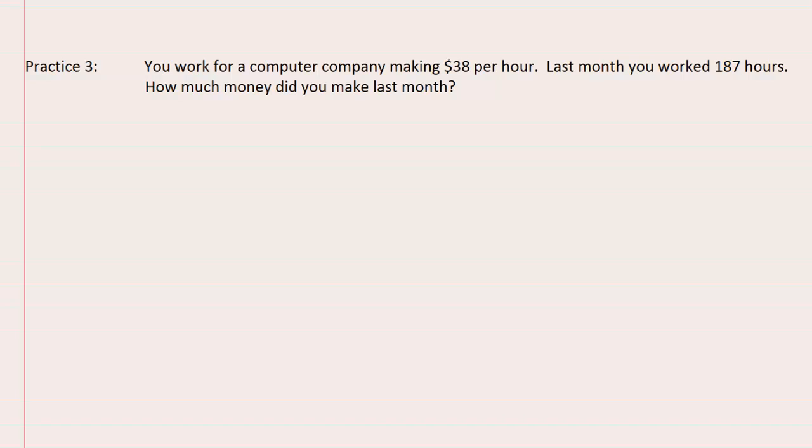Okay, let's see how we did. This one says you work for a computer company making $38 an hour, and last month you worked 187 hours. How much money did you make last month? So just like the previous problem, we need to multiply our dollars we make an hour times the number of hours we worked. So let's put the larger number on top and the smaller one, and then 8 times 7,